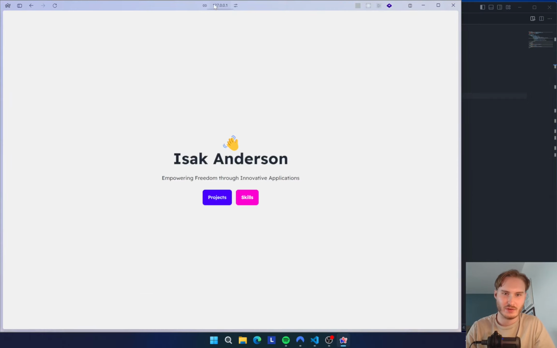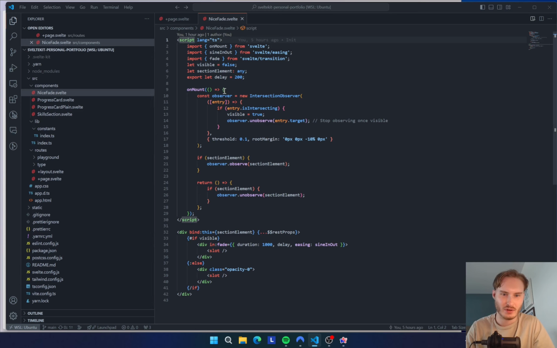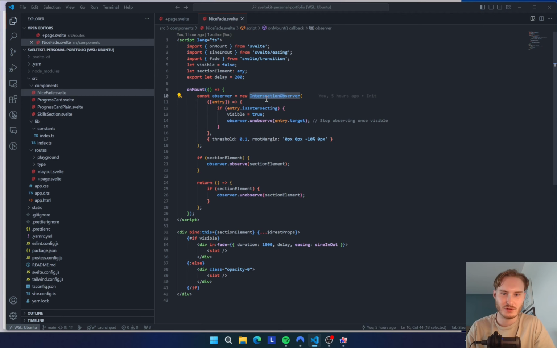You can see if we refresh the page, this hero section fades in nicely, and so that's why I named this component Nice Fade. If we click into this component, you can see this is a custom component that I made along with help from GitHub Copilot, and it uses the intersection observer, which is built into JavaScript, in order to tell if the element is visible on the page, and then if it is, it toggles this variable visible